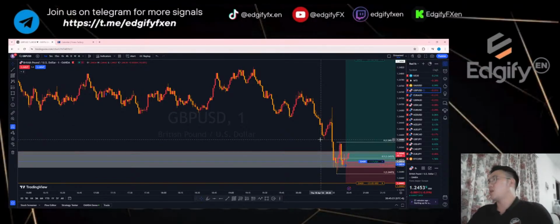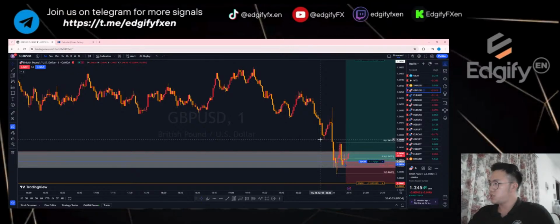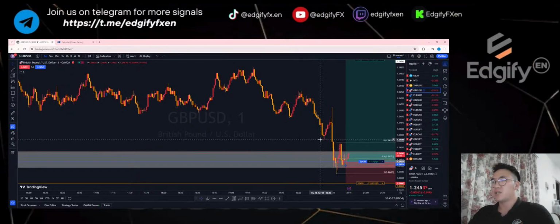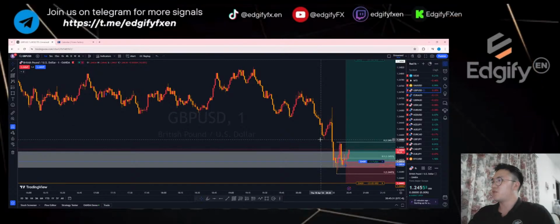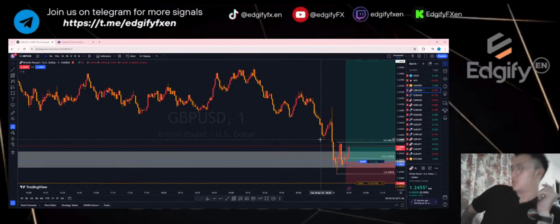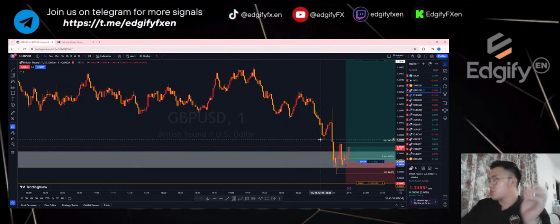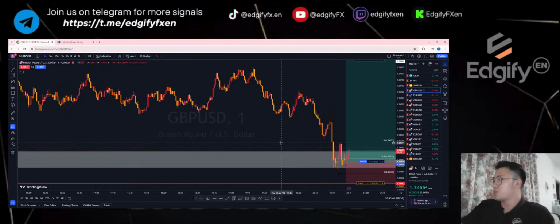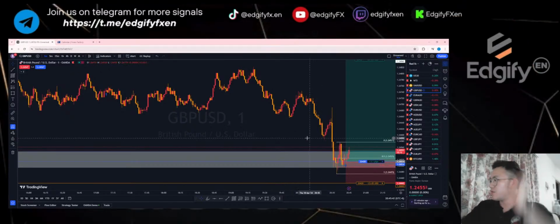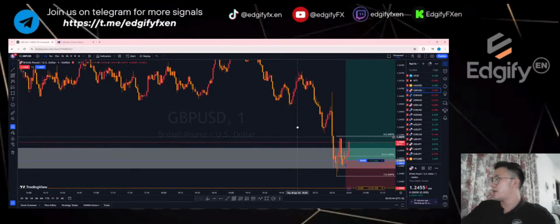So yesterday we also took a GBP USD trade, right? We took a sell yesterday. Managed to scalp a little profit before hitting our BE, and today I'm also taking in GBP USD. Alright, looking good. We are currently up by 3 pips. Just minor profits.